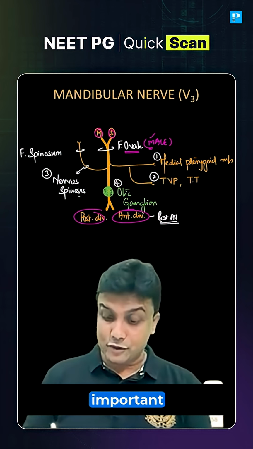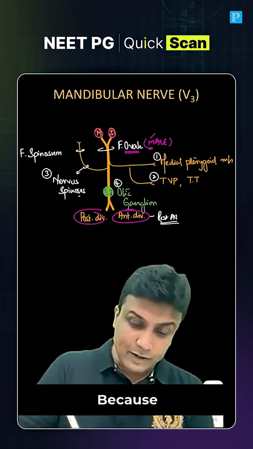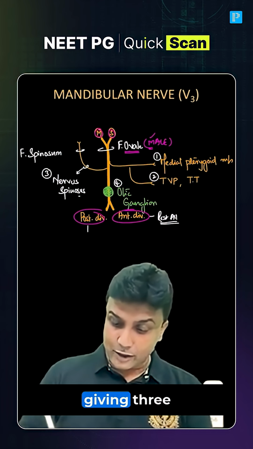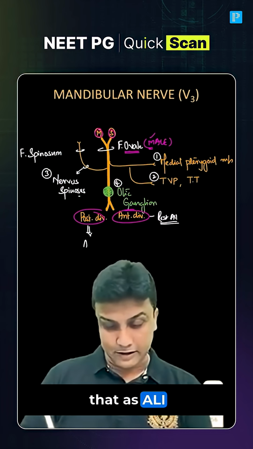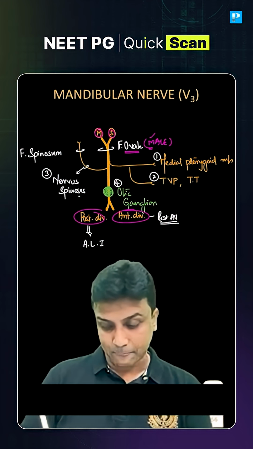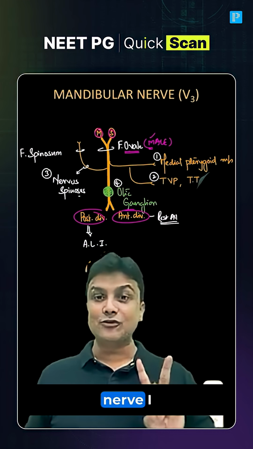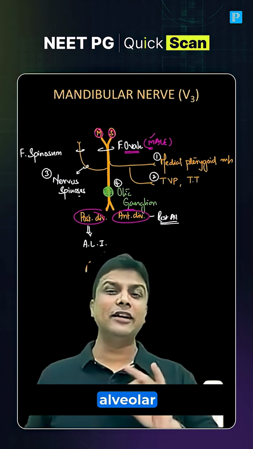But the posterior division is very much important, sir. Why? Because questions are coming from here in your exam. The posterior division is the one which is giving 3 branches, and we remember that as ALI branches. A stands for auriculotemporal nerve, L stands for lingual nerve, I stands for inferior alveolar nerve,